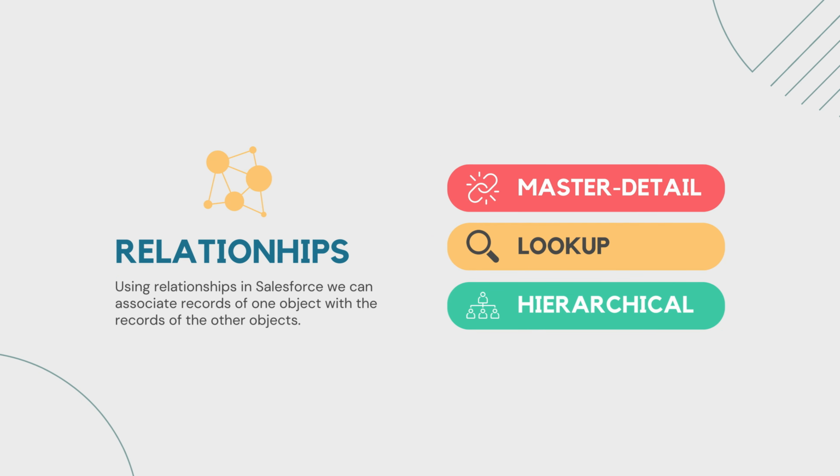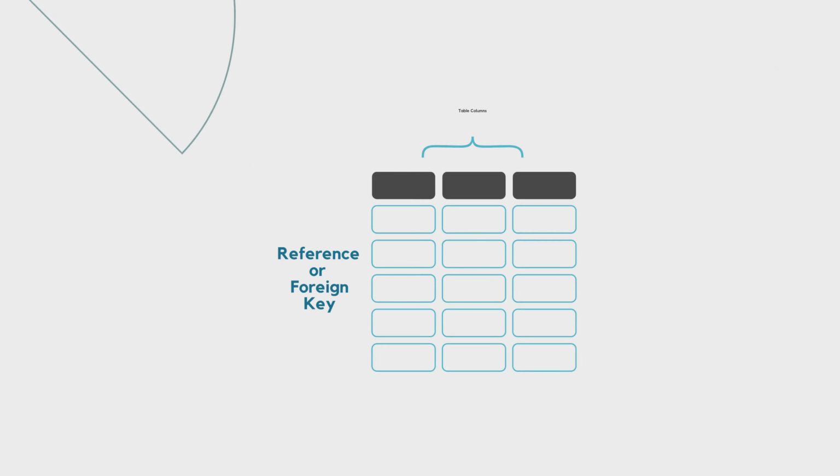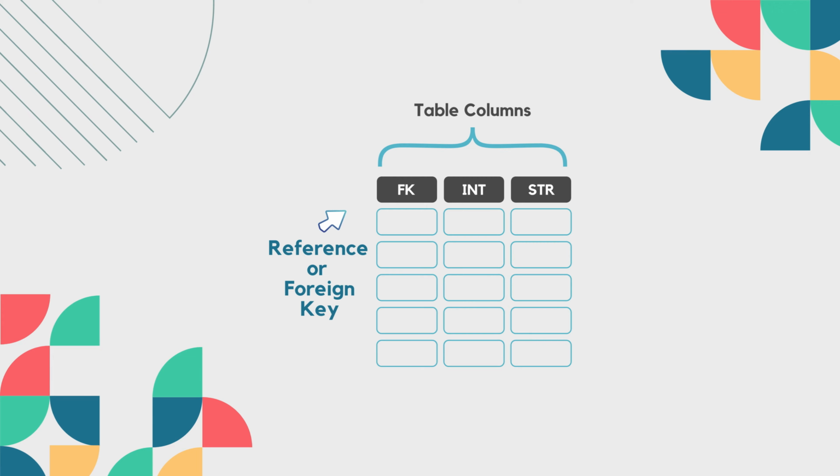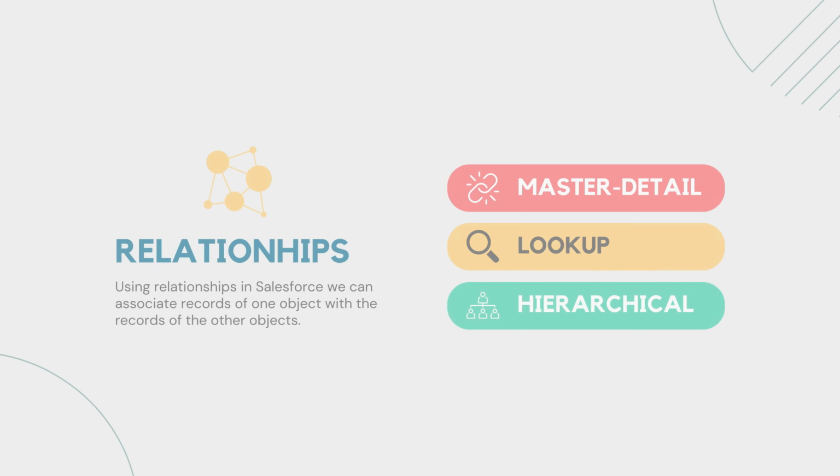There are three main types of relationships in Salesforce: Master-Detail, Lookup, and Hierarchical. Note that a relationship in Salesforce is nothing but a type of field, like a reference or foreign key column in database tables. Apart from these three main relationships, I am also going to talk about some additional relationships that